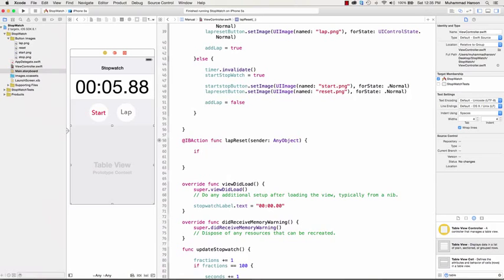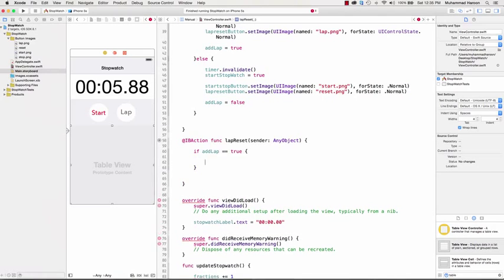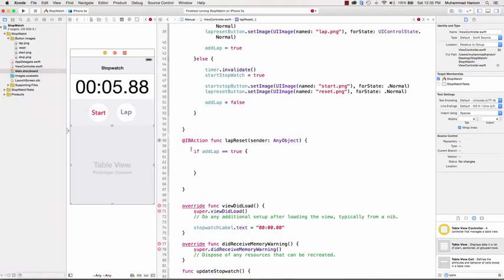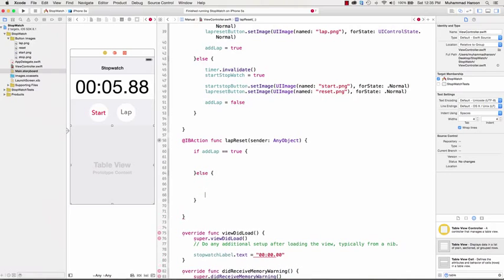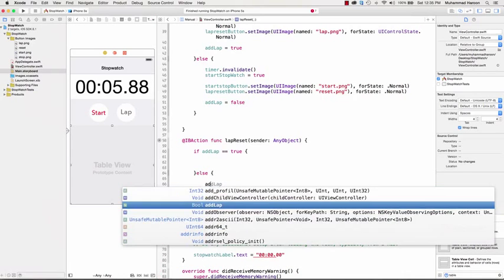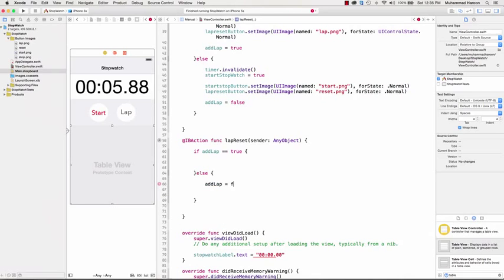So we have a method called add lab, a property called add lab. So we should be able to add the labs if the add lab is true, because the same button is being used to add the labs to the table view controller and also to reset, and else. So we will do the add lab later on. So first let's reset. So else, the first thing we need to do, let's set add lab to false,